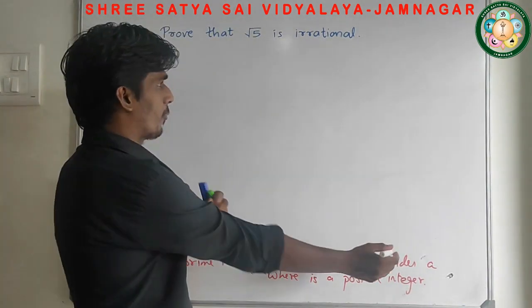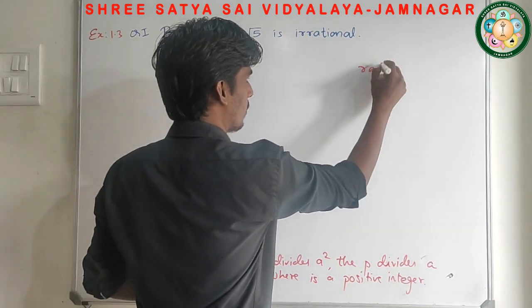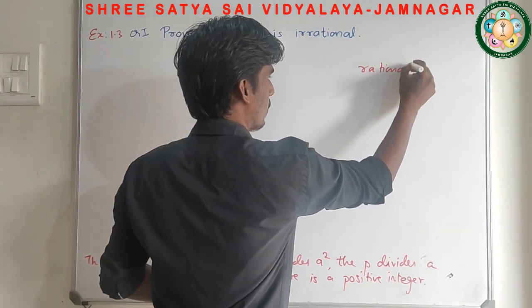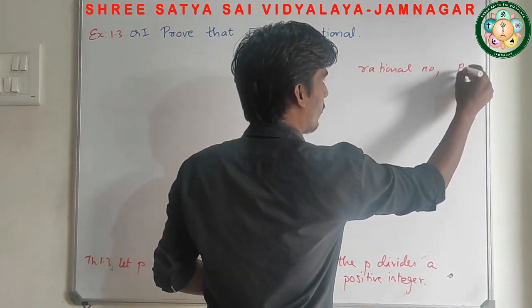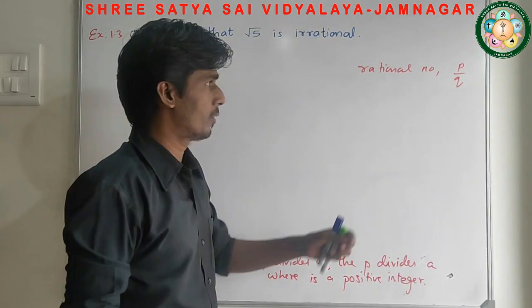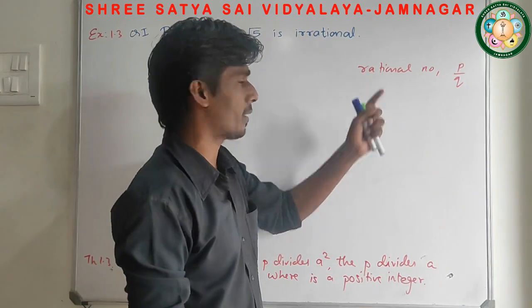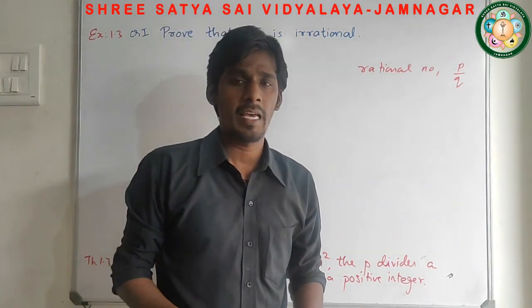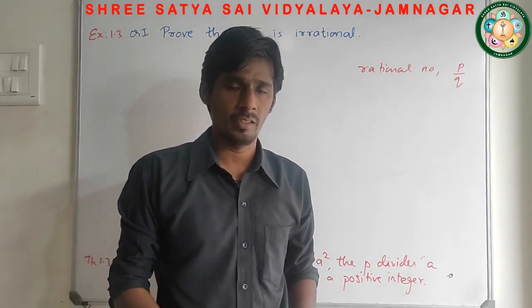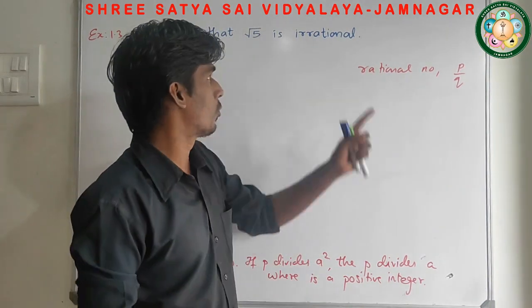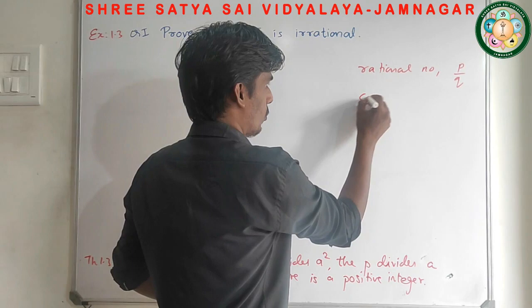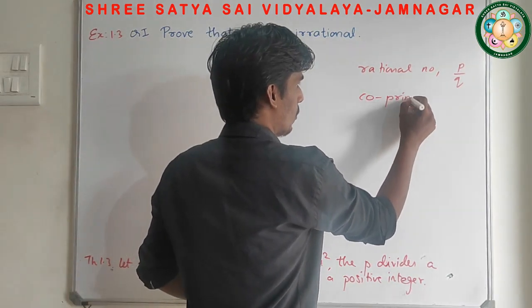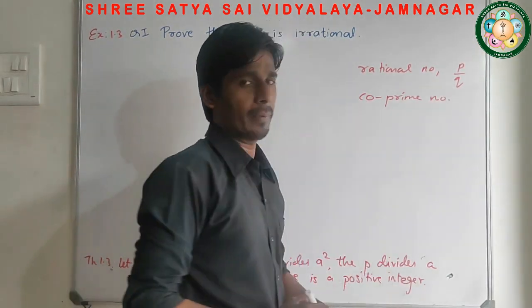First of all, I think all of you know what rational numbers are. Rational number means any number which is in the form of p by q. जो भी नंबर p by q form में होंगे वो सारे क्या होंगे? Rational numbers. And the numbers which are not rational, जो नंबर rational नहीं होंगे वो सारे क्या होंगे? Irrational numbers.